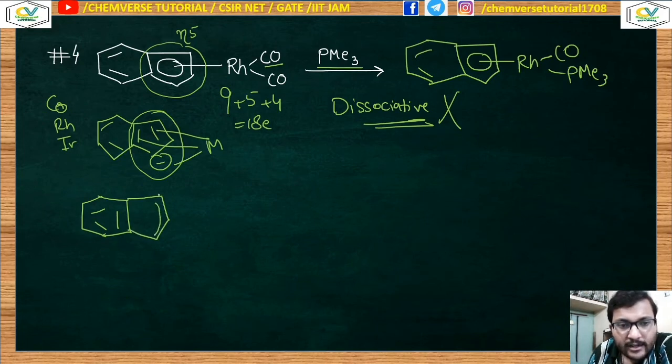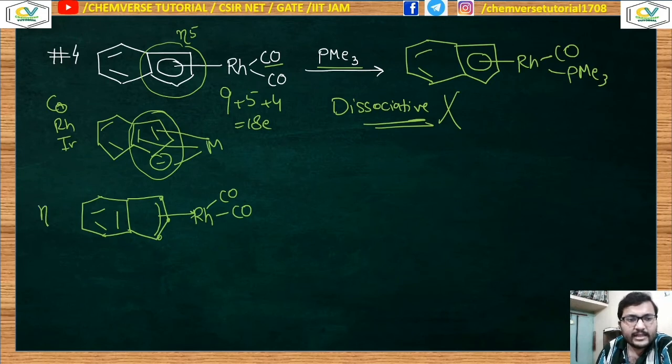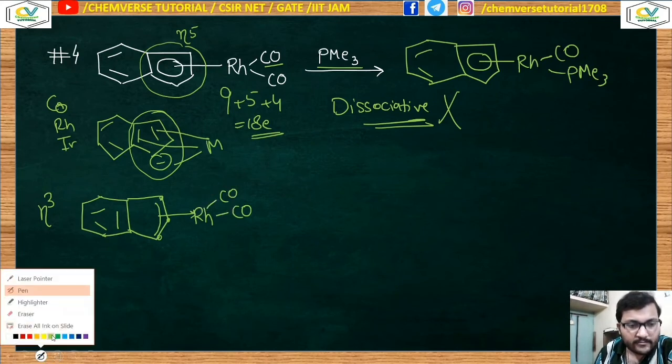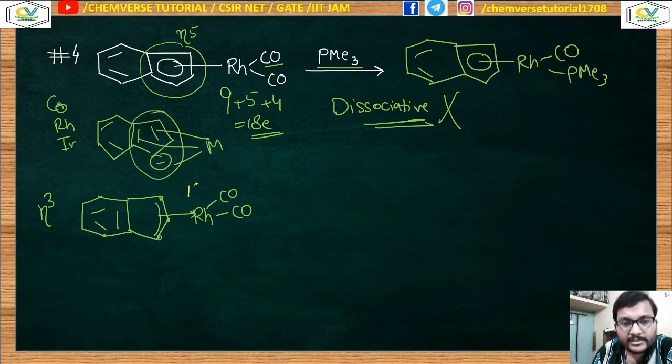it will be something like this. When these three centers are donating electron density to the rhodium center, it is now changed into its hapto3 system from hapto5. So the total valence electron count changes from 18 electron to 16 electron. So it is a 16 electron species. For your simplicity, I am using a different color. It is a 16 electron species. So now it is not an 18 electron one; it has turned into a 16 electron species.